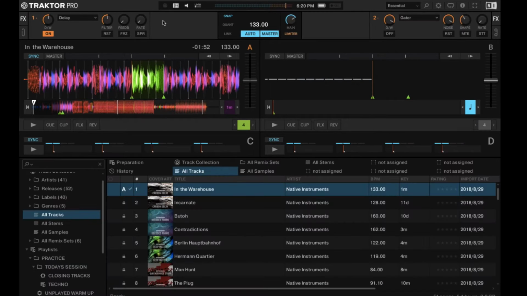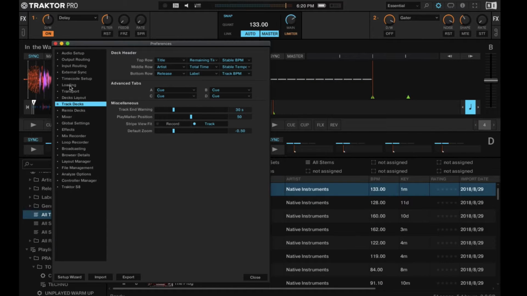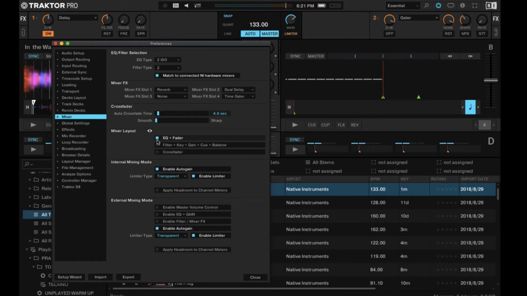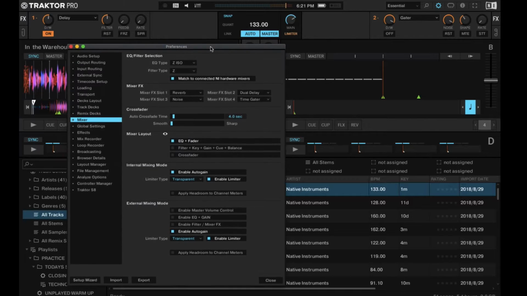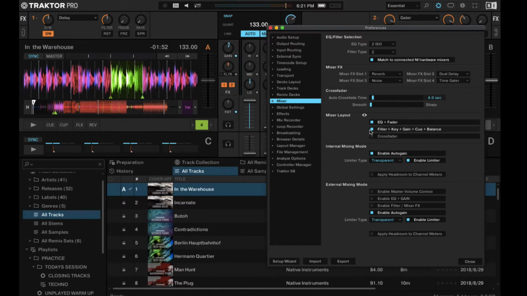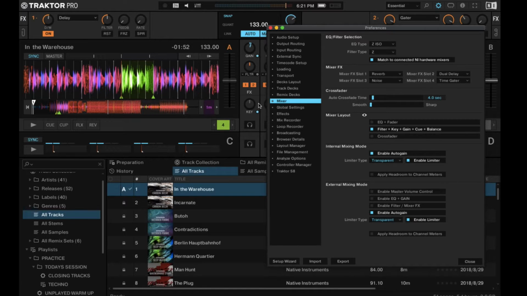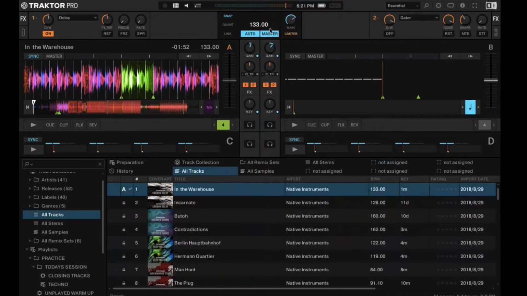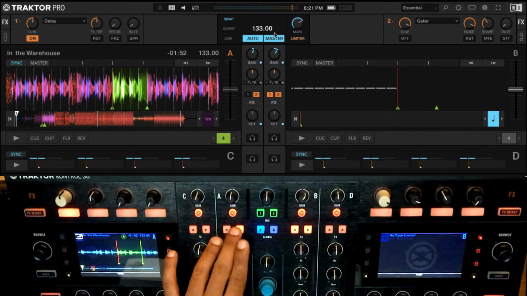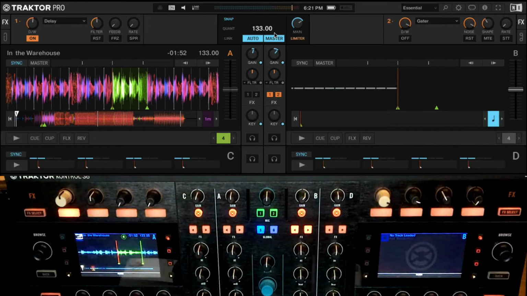So before I do that, let me enable my mixer over here, which is going to be useful for us to see on the screen. I'm going to enable my EQ plus fader section, because it's actually more than the EQ and fader. It's going to tell me my effects routing on the screen, so it's very important to have this enabled, especially if you look at the screen. I can obviously switch off the effects routing from here, or I can also do it from the screen.